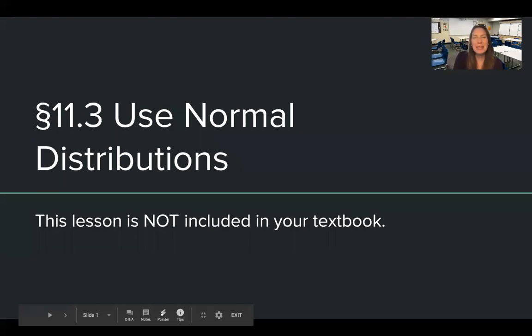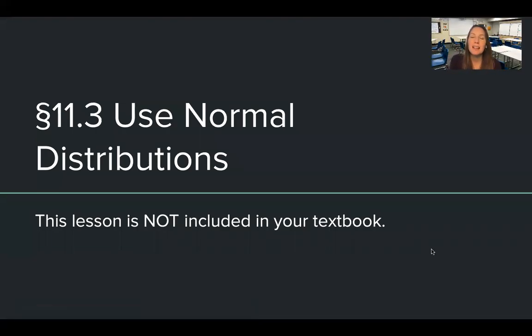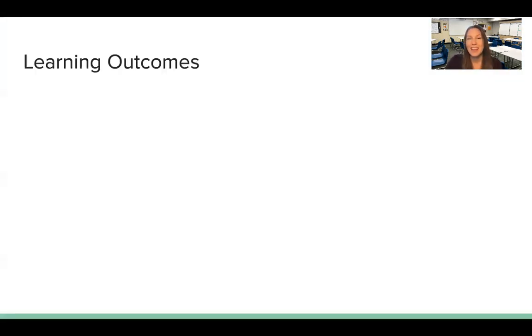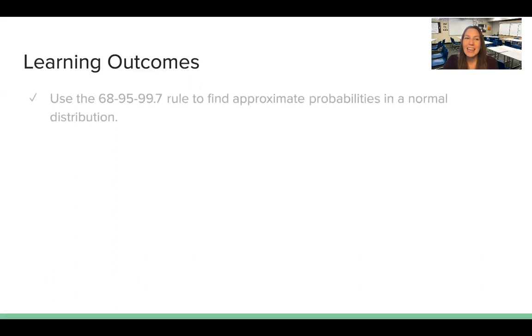Hello, today we are working with 11.3, use normal distributions. There is a section in our textbook about normal distributions, but we decided to use a supplemental resource for this lesson instead. So you'll be finding the information for this lesson and the practice problems on Google Classroom from a packet. So our only learning outcome for today is to use the 68-95-99.7 rule to approximate probabilities